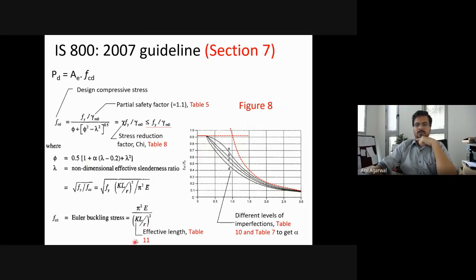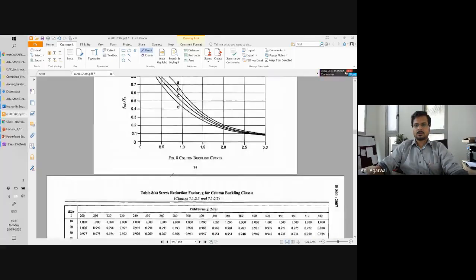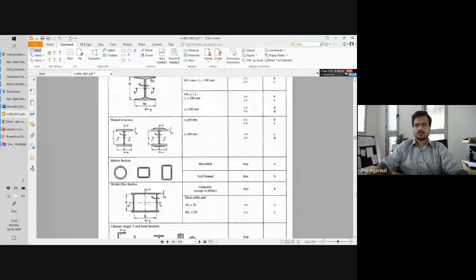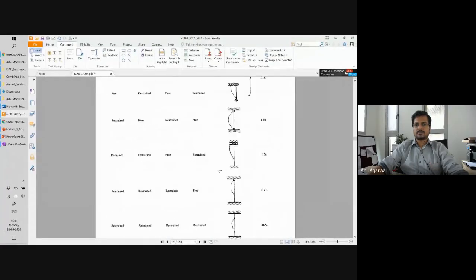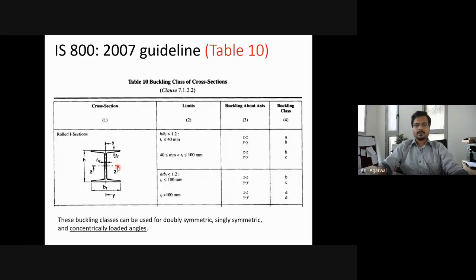So in this entire expression, you know how to calculate K. We have discussed that for different boundary conditions. You know the values of K. Table 11 here. So this table gives you the values of K for different types of boundary conditions. And of course, about which axis you are talking about the bending or buckling, the corresponding r value you can use, and then accordingly you can substitute the values into this equation to get the column capacity. Okay.